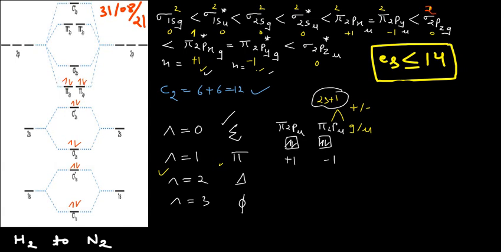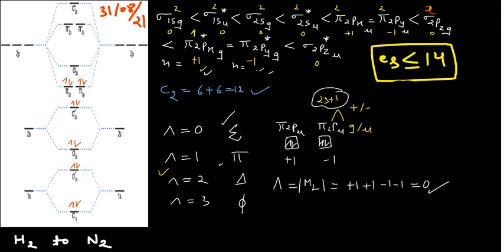Now you have to determine the lambda. This lambda is nothing but the absolute value of this ml. So how can you write it? Your first electron which is present here has the value of +1. Your second electron also has the value of +1. So straightforward you can write here +1 +1. While for your next electrons, this is -1, this is -1. So again you can write here -1 -1, that will give you 0.